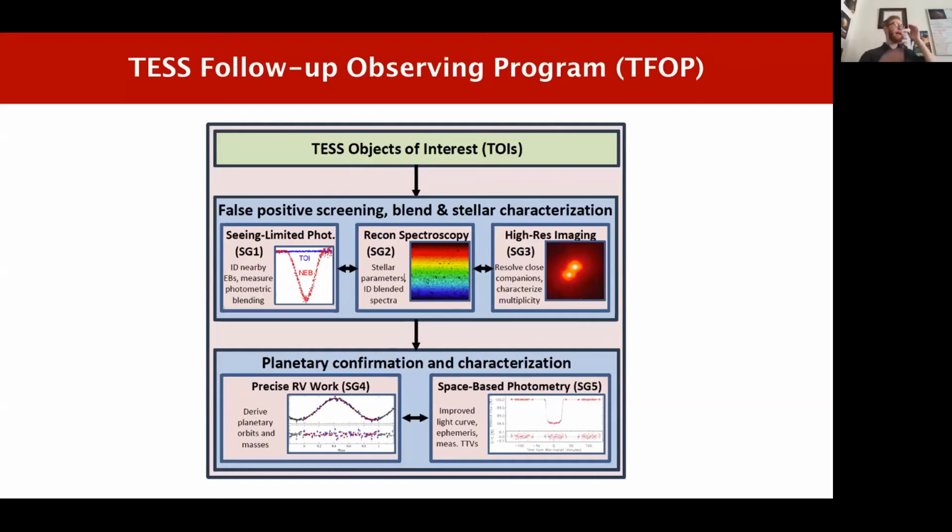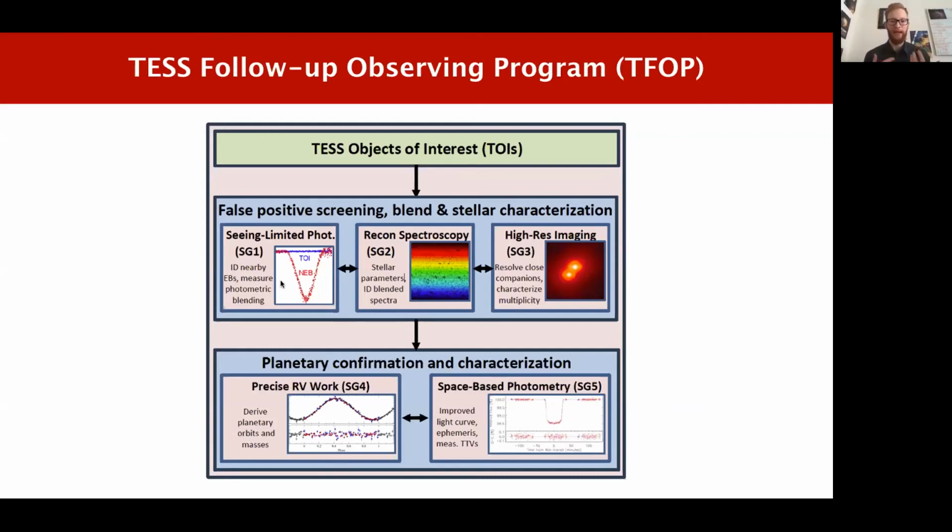So for example, TESS has really big pixels. And so you can imagine that with really big pixels, there could be many stars that it's monitoring that are blended with other nearby stars. And that means that TESS oftentimes cannot on its own uniquely identify which star a transit event that it is seeing is coming from. So subgroup 1, or SG1, which is one of the subgroups of TFOP,